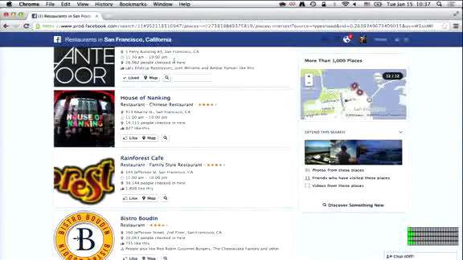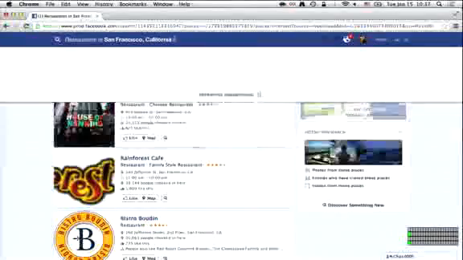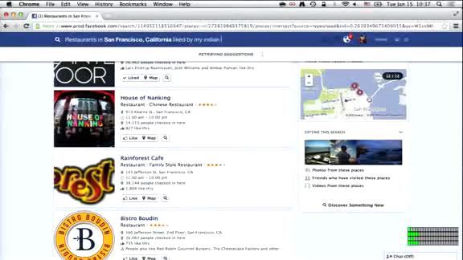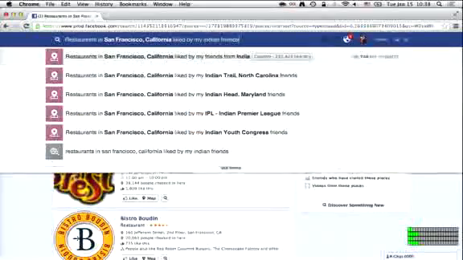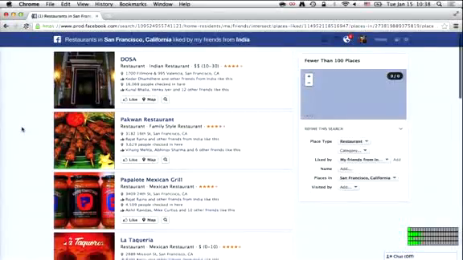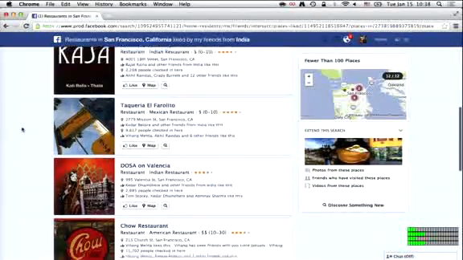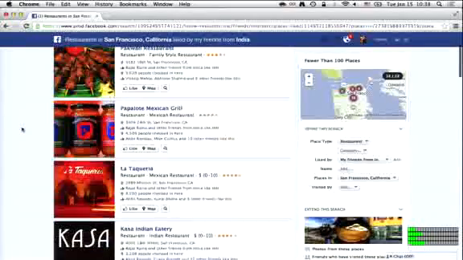So I'm lucky I have a lot of friends from India. So suppose I'm looking for a spicy meal tonight. I could type in restaurants liked by my Indian friends, like this. And it suggests liked by my friends from India. And now you'll see that they're picking out some Indian restaurants in here, Thai places, Mexican places. This is definitely the place I want to go tonight.